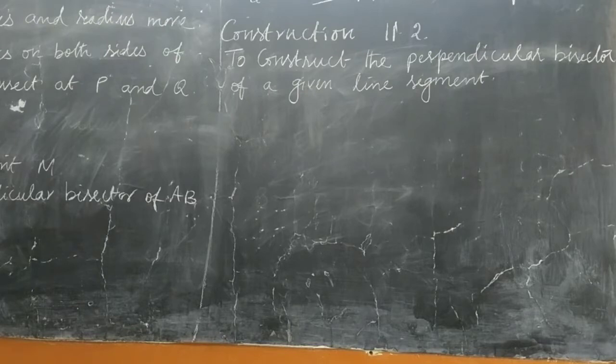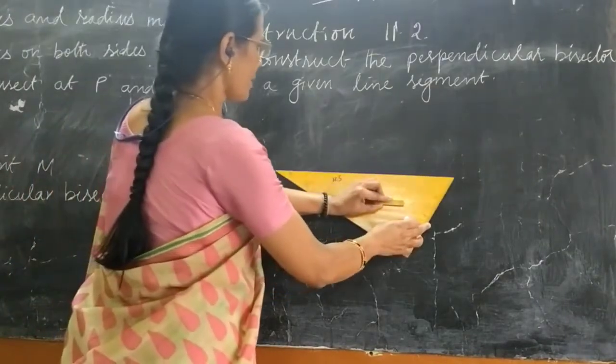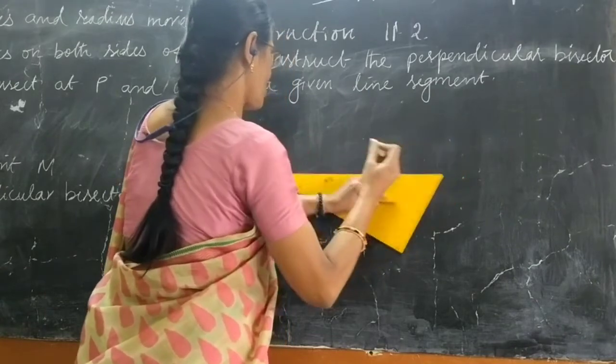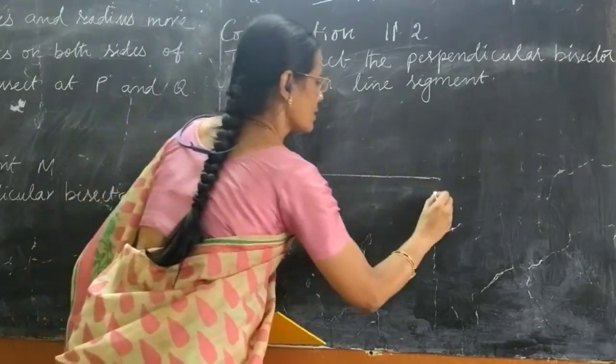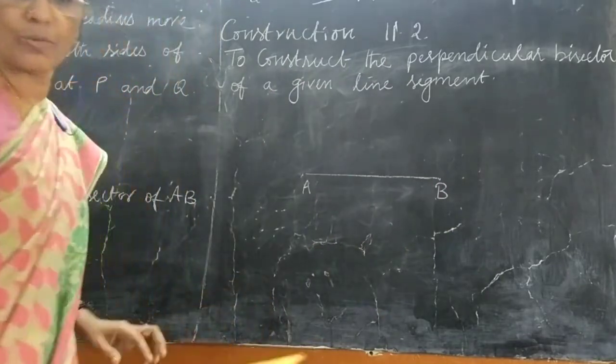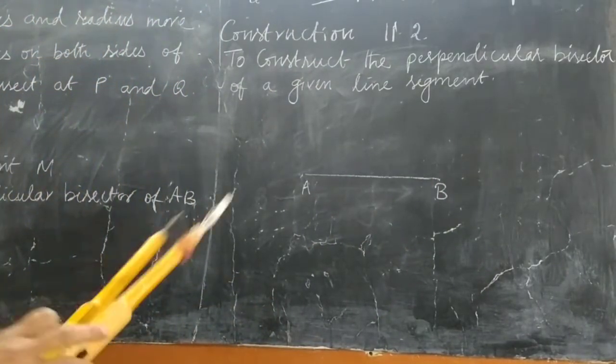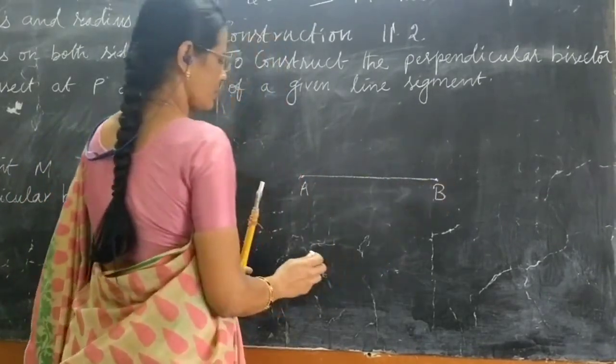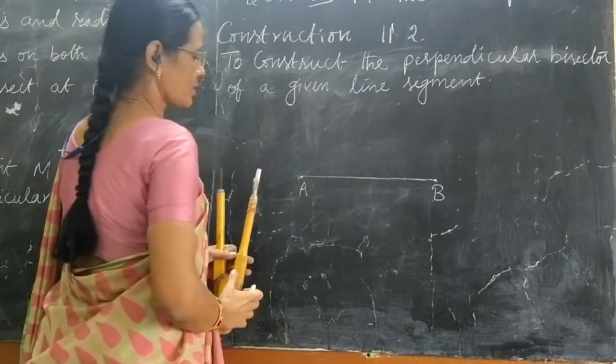So we are asked to construct a line for the given line segment which is perpendicular to the given line segment and which passes through the midpoint of the given line segment. Let us get started. We are given a line segment. The length is given with a particular length we should take, and here length is not mentioned, therefore we can draw any length. So AB is the given line segment. We have to find perpendicular bisector of this line segment AB.